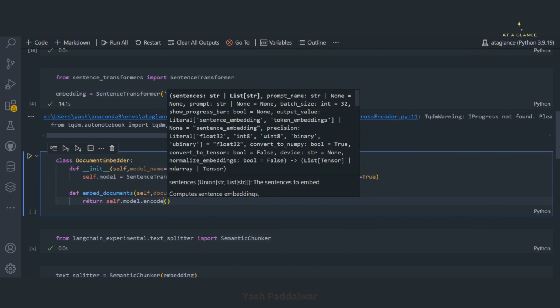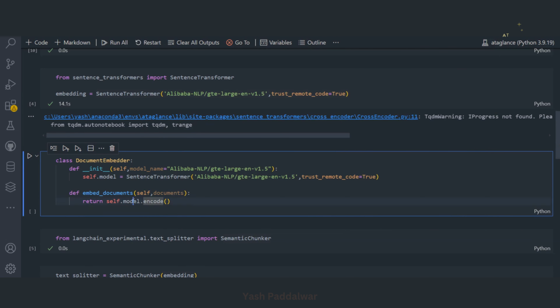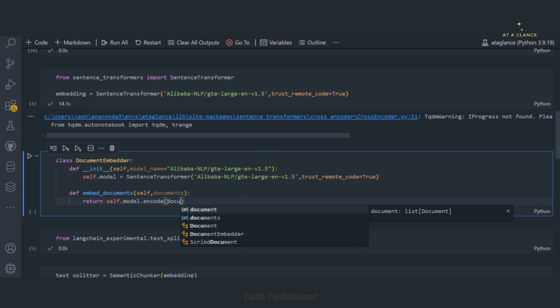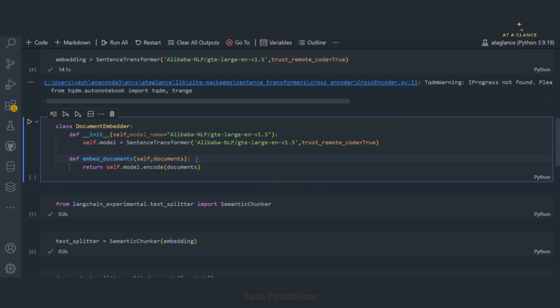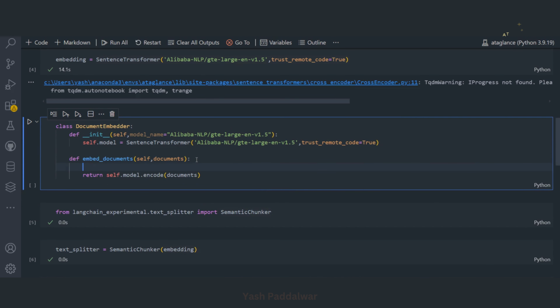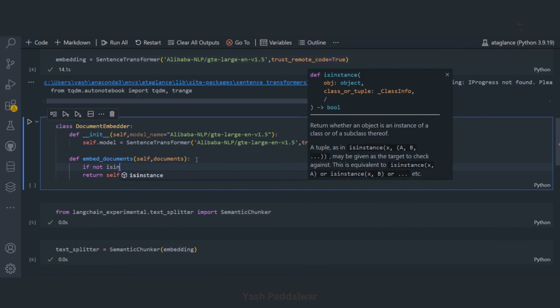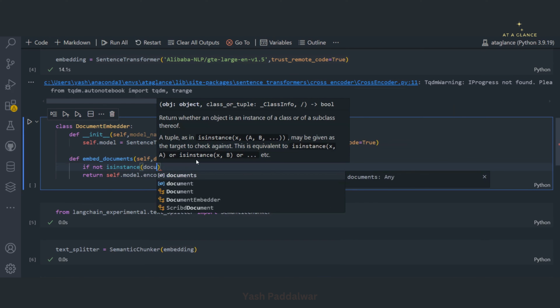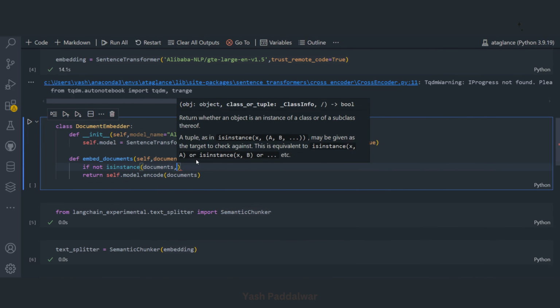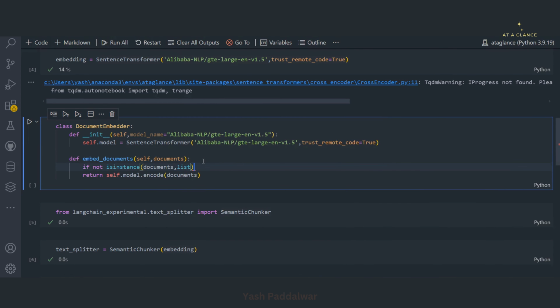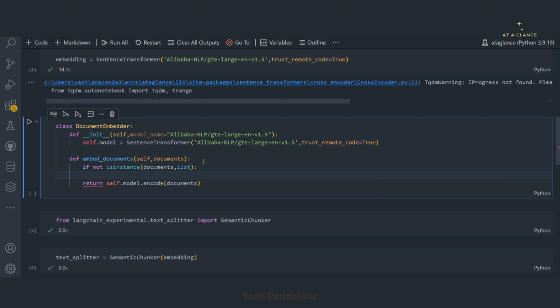Now this encode function inside our model will simply create embeddings of the text that we pass on to it. So we'll simply pass on the documents, because we have to create embeddings of the documents that we pass into it. We'll apply a simple validation over here: if not isinstance, that means if the documents is not an instance of list,